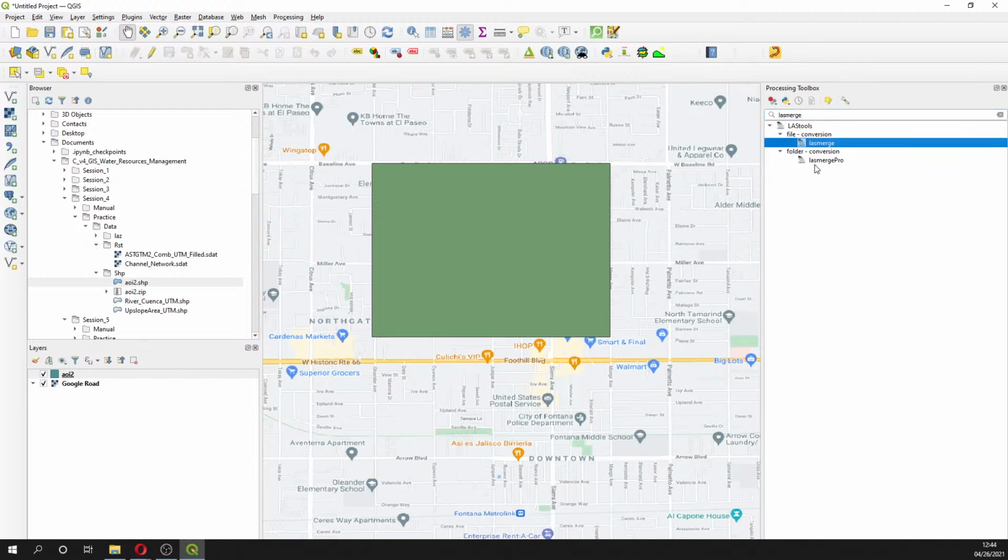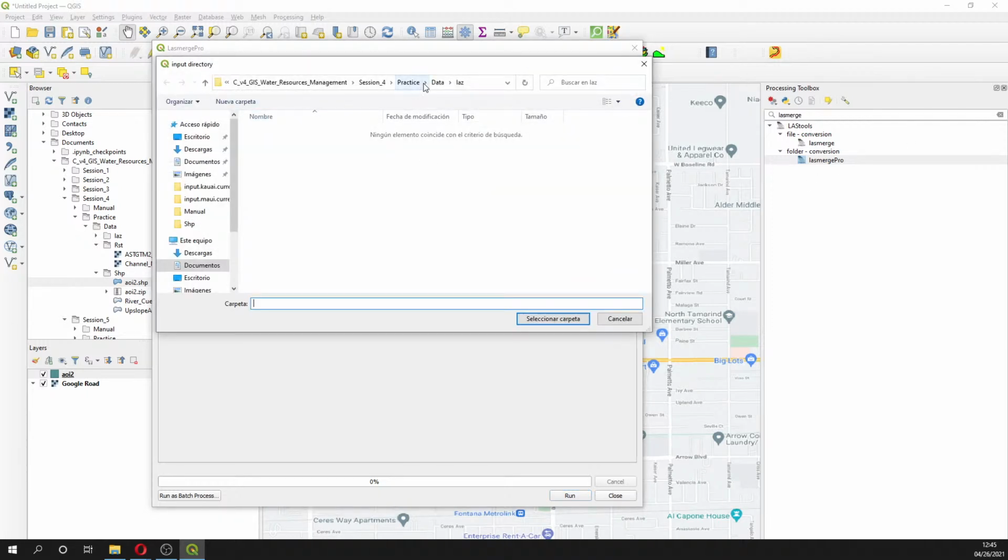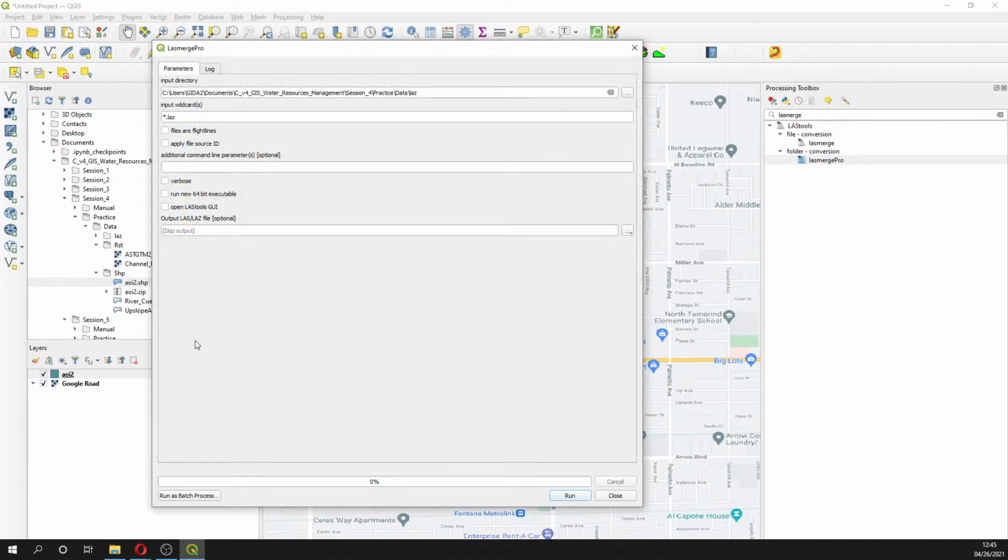Lasmerge will create a compound of 72 million points, whereas lasmerge pro, actually, not this procedure but another procedure, will split all of these merges into separate point clouds of 1 million points. Okay, so in this case we open a directory. Here in data we select the LAS, because all of the LAS will be in our